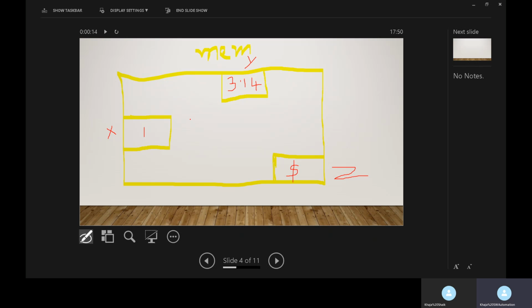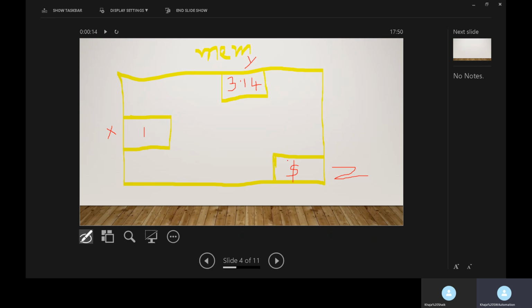Now we can say where 1 is stored in the computer memory: the value 1 is stored in location X. Now we have a name for this memory location. Similarly, if we ask where 3.14 is stored, we can say the value 3.14 is stored in location Y. And where is the dollar stored?